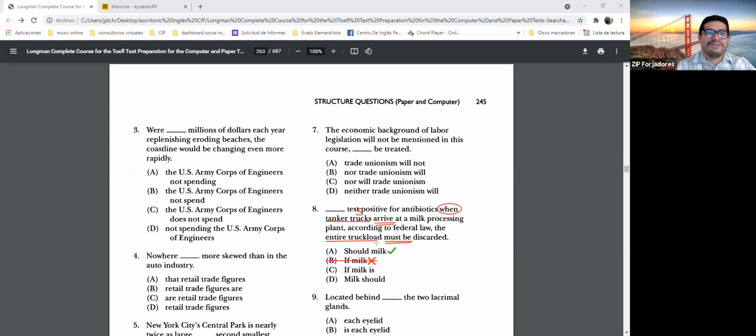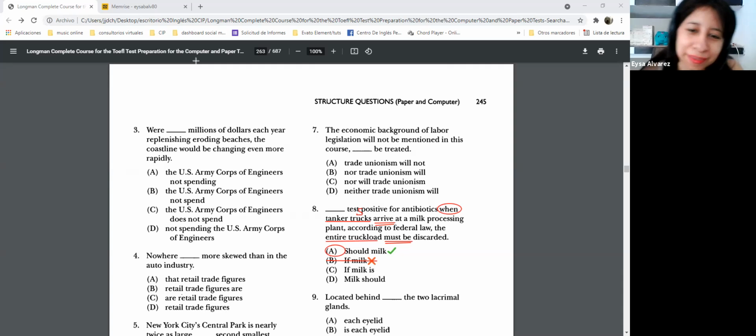All right, yes, we have two connectors, and one is omitted. That's why I couldn't see it. Letter A is omitted, but we have "if." That's why we have two connectors and three subjects and three verbs. Do you understand? So the complete one would be "if milk should..."